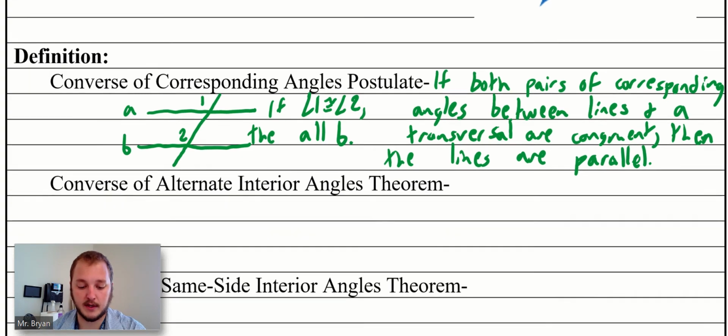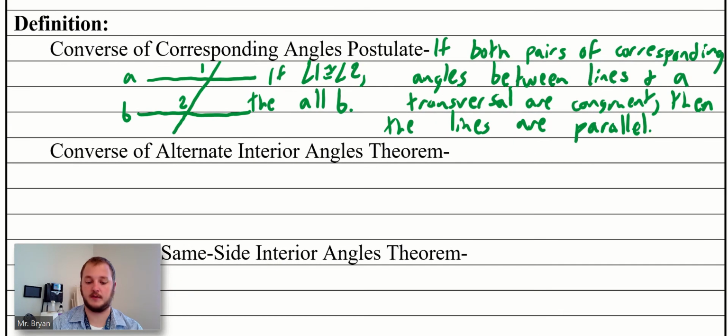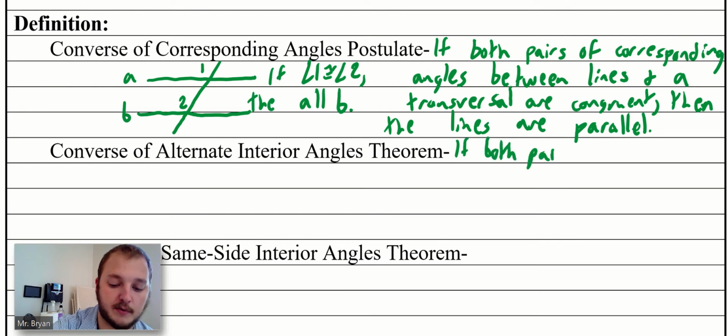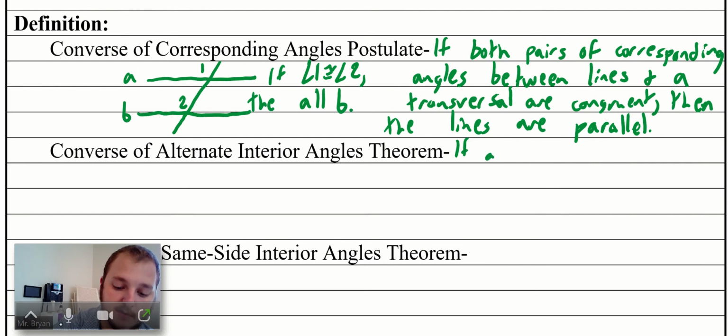So we do that same kind of thing for the other ones here, and we'll only write a few of these, like before. The next one we have here is the converse of the alternate interior angles theorem. And the converse of the alternate interior angles theorem says this. It says if a pair of alternate interior angles